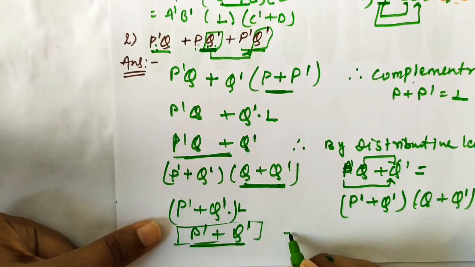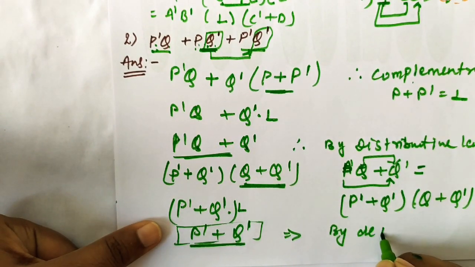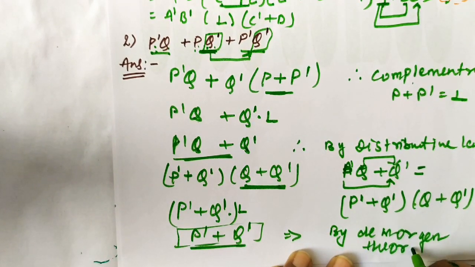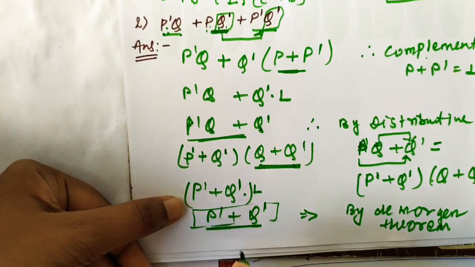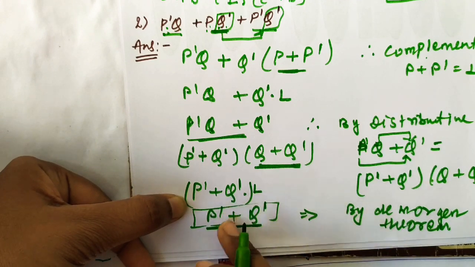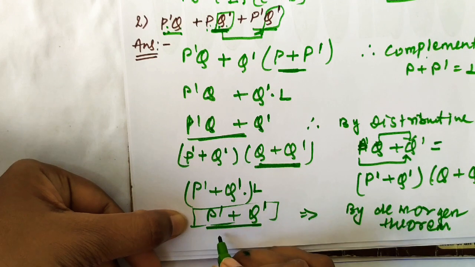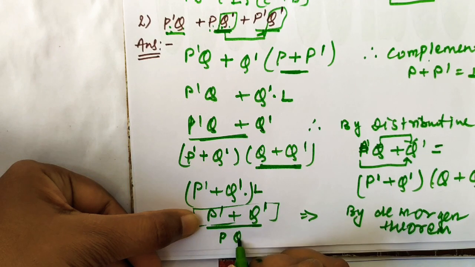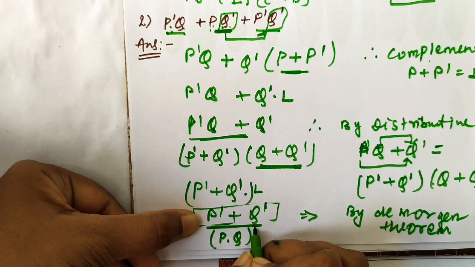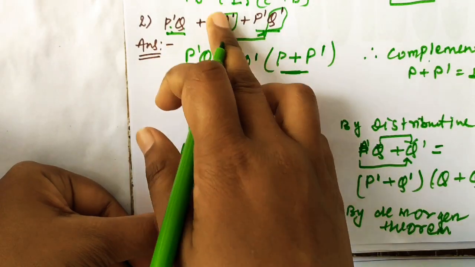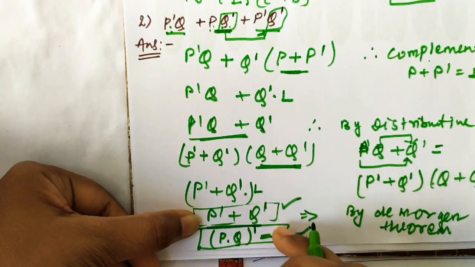Or you can also solve it in the next step by using De Morgan theorem. What is De Morgan theorem? De Morgan theorem means if any value contains a negative, that is p dash is negative, then change it into the positive, or without dash. So here is p with p, and q with q dash with q, and the plus sign converts into dot, and this is the whole dash. This is the form of De Morgan theorem. This is the answer of that question. You can also write this and this, both are correct.